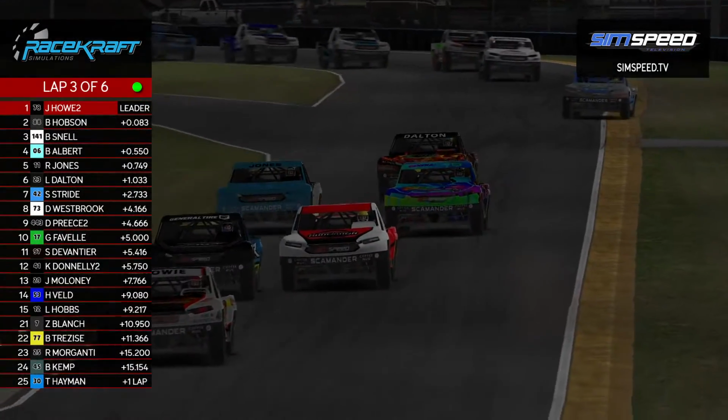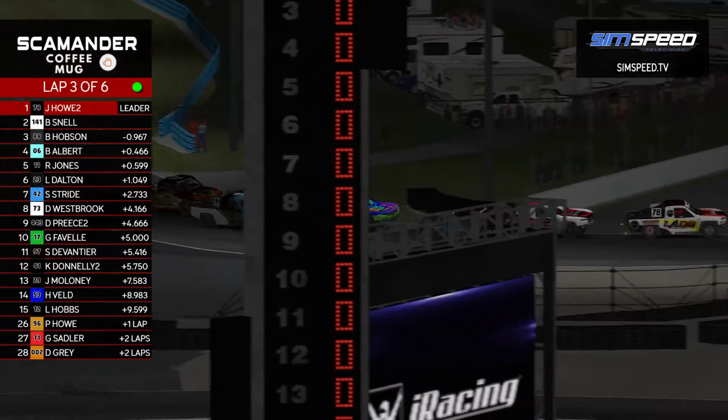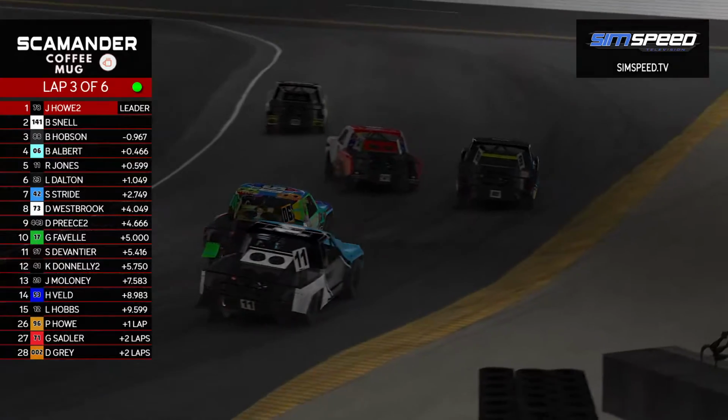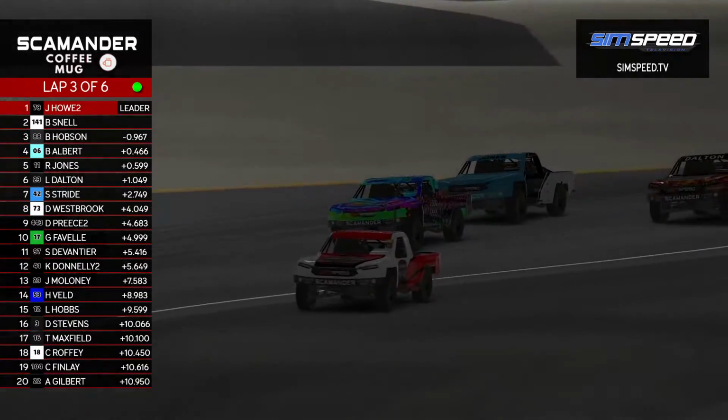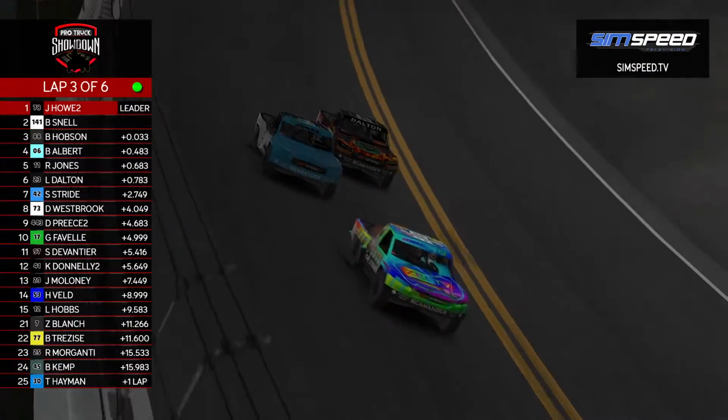So 2x2 once more into this left-hander. Who's going to be the bravest this time? Well, you get your breath back for a sec there, Rex. I did have to go back. I saw Daniel Stevens was stopped on the circuit. I had to go back and double check that we weren't getting another sausage roll on the door, but thankfully